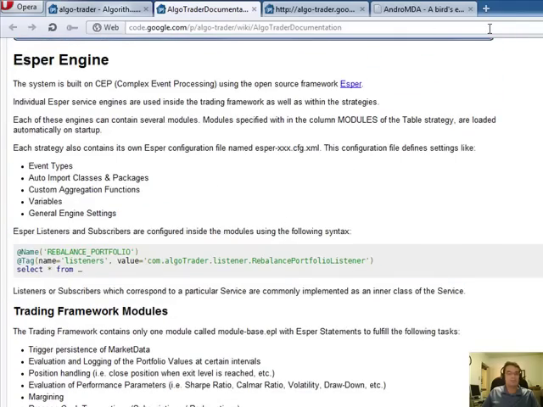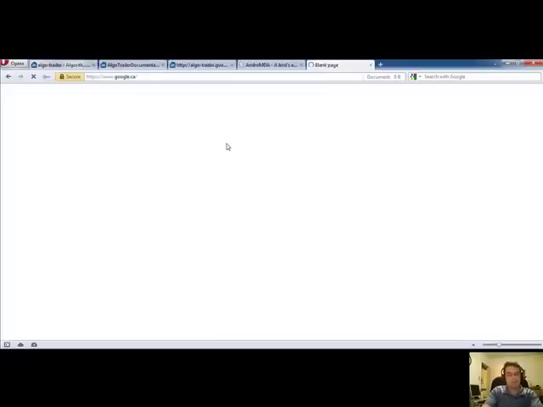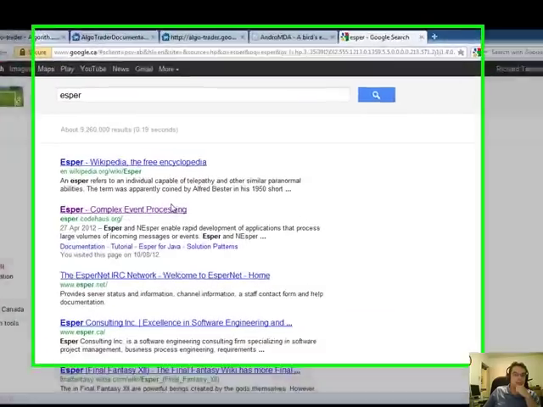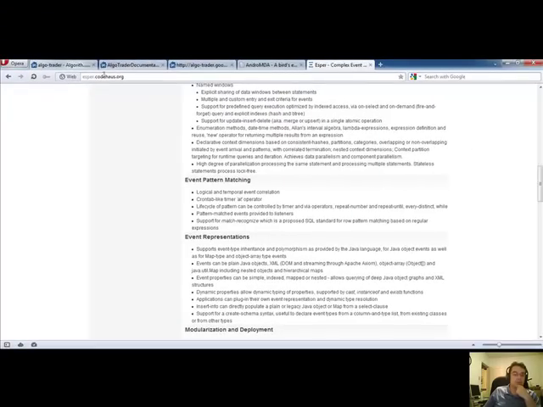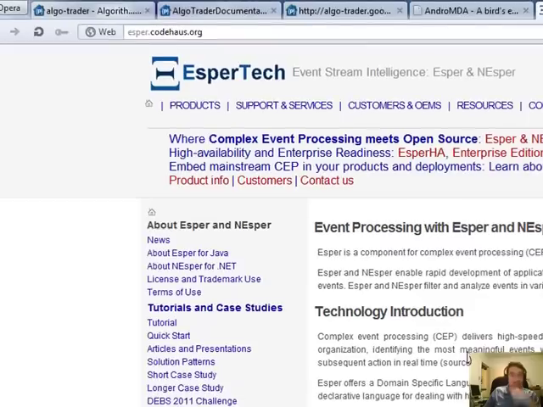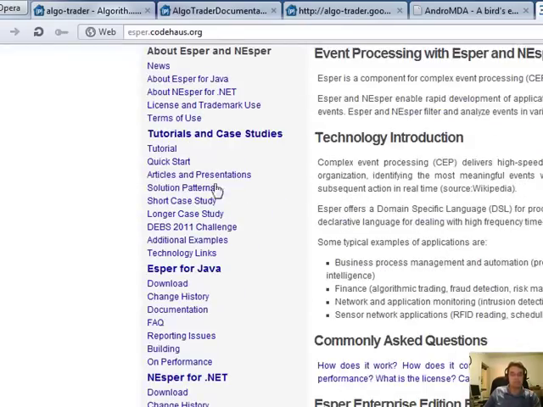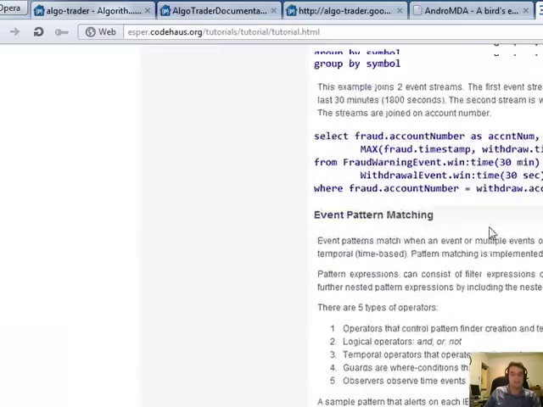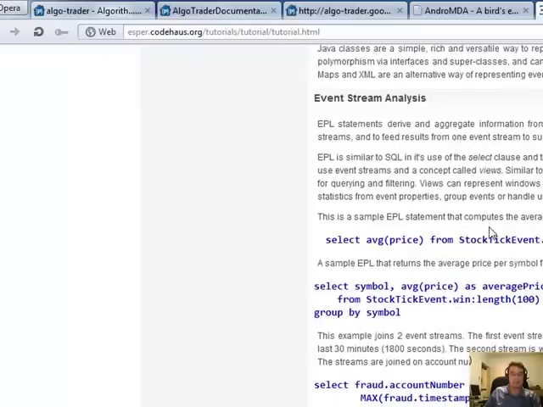All right, so let me just load up our Esper project or website. So obviously, when you come to the site codehaus.org with the Esper, you will come across a description of what Esper is, but you should definitely read that. But there's also this tutorial, read that. And this is where it gets interesting because it will explain what Esper does, and also there's the